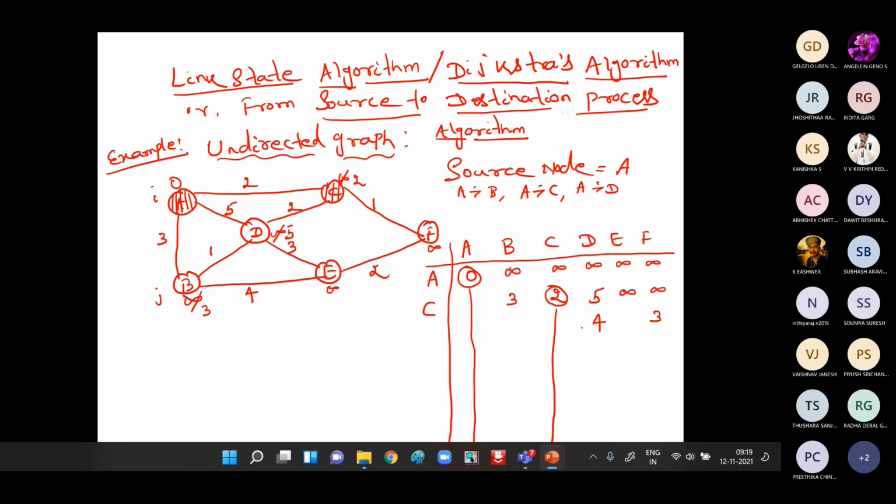Okay, guys. So D and F we updated with respect to node C. Now, if you see, A and C are all visited, but B and E are unvisited nodes, and they are not connected directly. So what we have to do is carry the previous value only. For B, same previous value. For E, same previous value. Now in this row, find out which one is minimum.